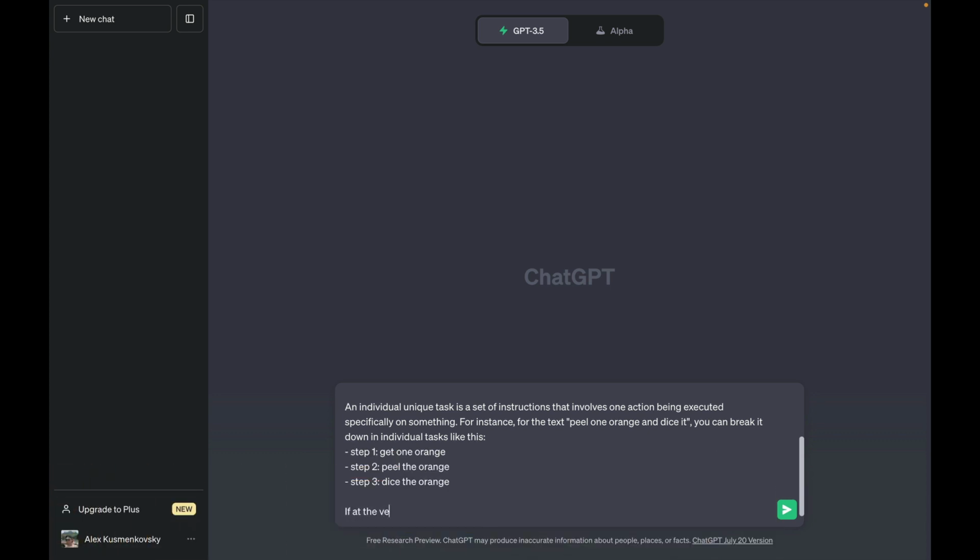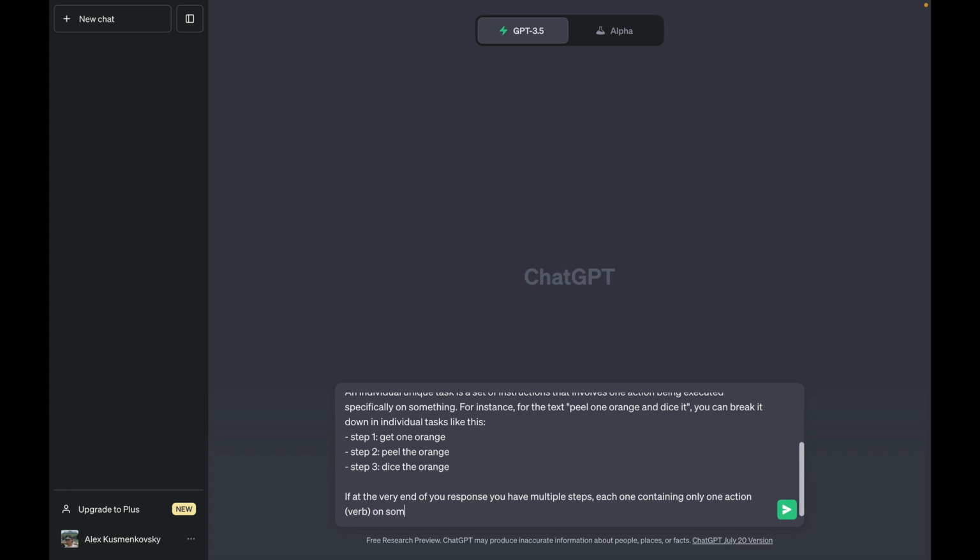If at the very end of your response you have multiple steps, each one containing only one action, which is a verb, on something, which is a substantive, your task is correctly done. So write the string "and that's it"